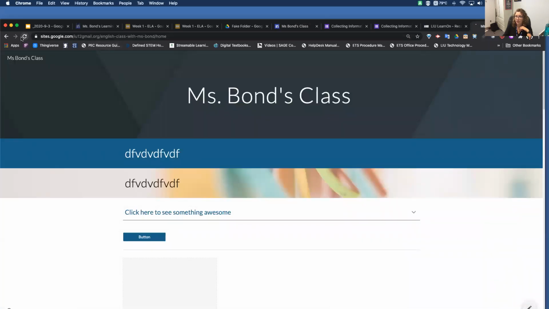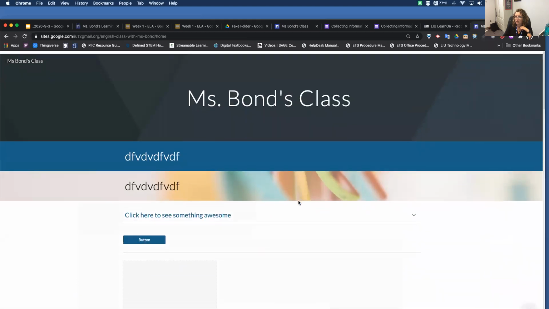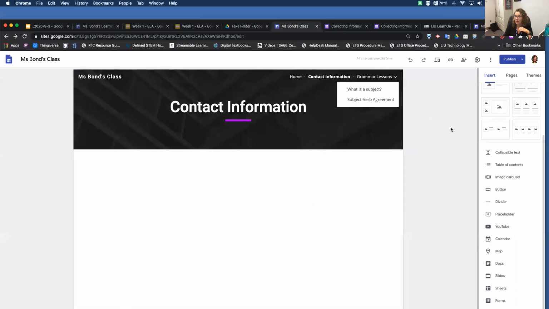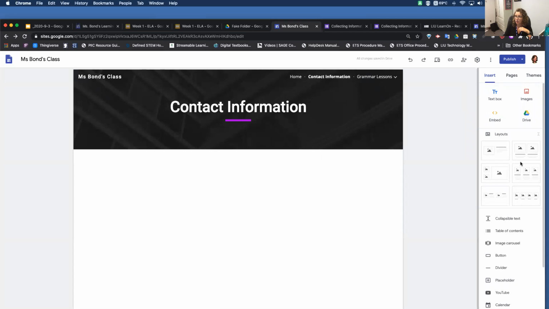So I'll hit refresh. There we go. Now you see the color changed. You see I have these up here. I can get to these other places on this website. So it gives you an idea of kind of what that looks like on the user end once I do that. So those are really the basics. That is the 101 on how to use Google Sites to collect information if you're going to embed a form